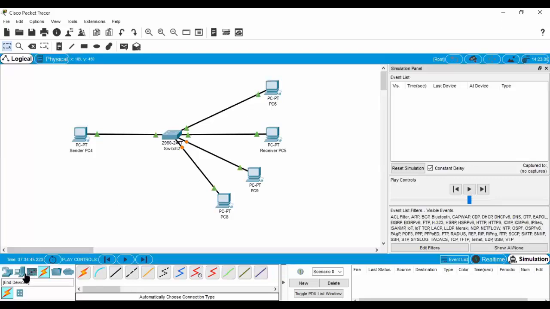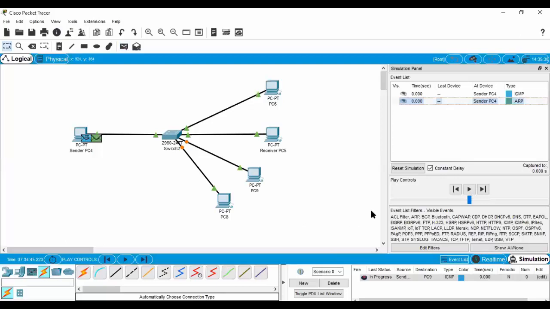Please remember that a hub works at layer 1, a switch works at layer 2, the data link layer. For this it is using the MAC address. So communication is basically done using the MAC address, a 48-bit address, right? And the router works at the network layer using the IP address, right? So if we check the scenario, we want to send the packet from PC4 to PC9.